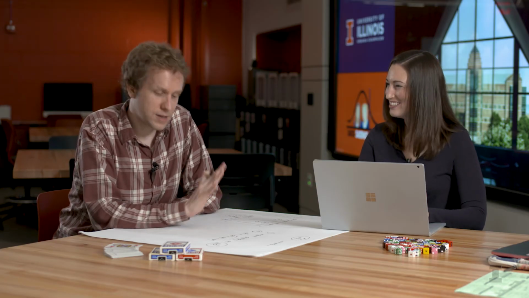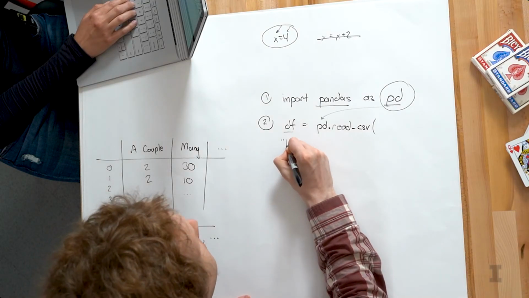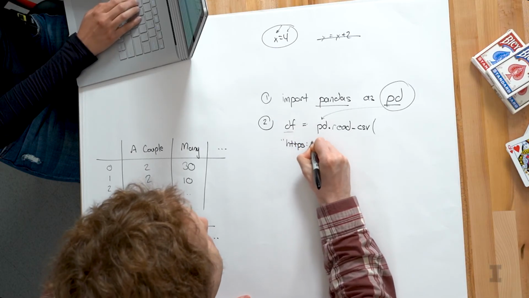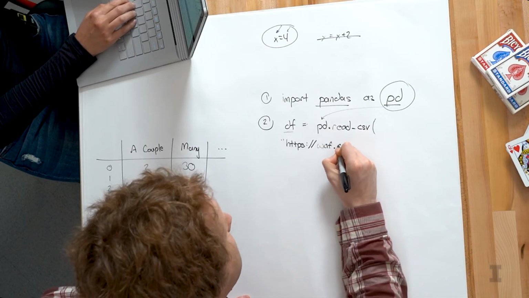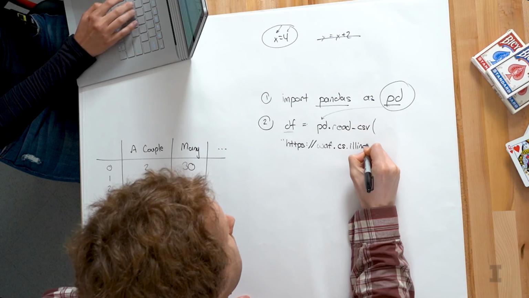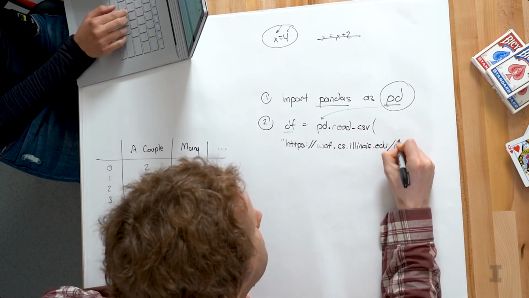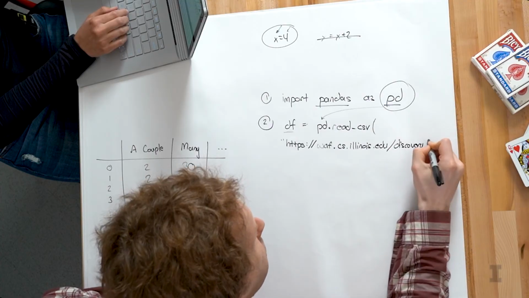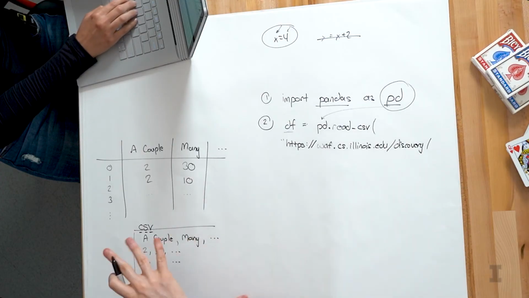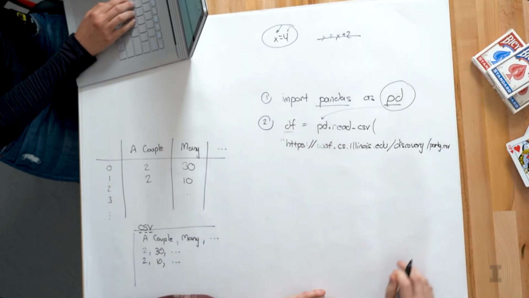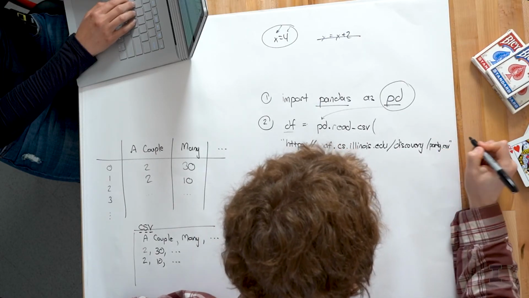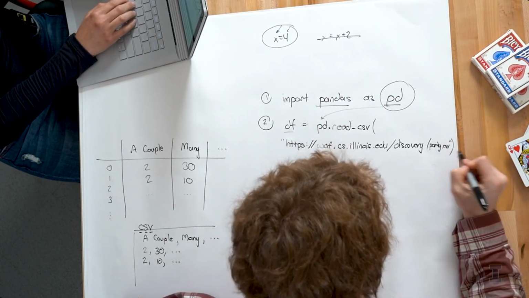And Wade, you said all of our data sets are located on your faculty website, right? Yep, so I've already hosted these data sets. They're all in CSV format. So we're simply going to need to type the full web address. That's going to be https:// notice this is all in quotes, waf.cs.illinois.edu/discovery. And this part of the web address will always be the same. And then because we're looking at the party data set, it's going to be party.csv. Okay, and then we'll have typed it in. Make sure to close the quotes, because the quotes need to match. And then make sure to close the parentheses.